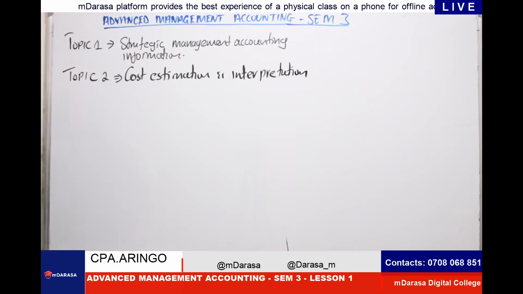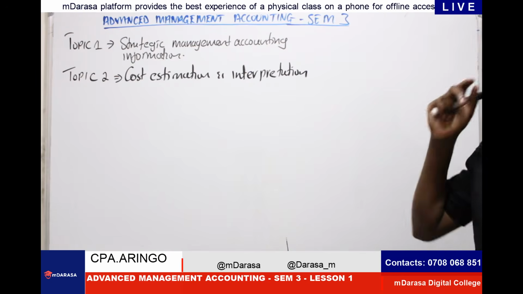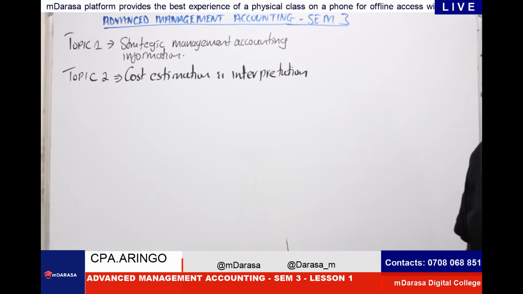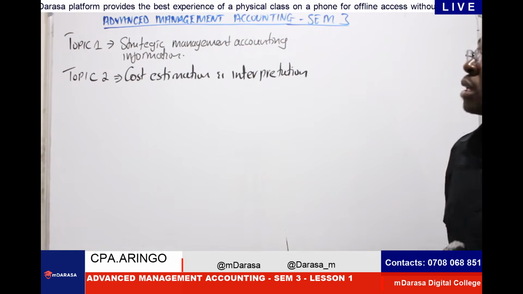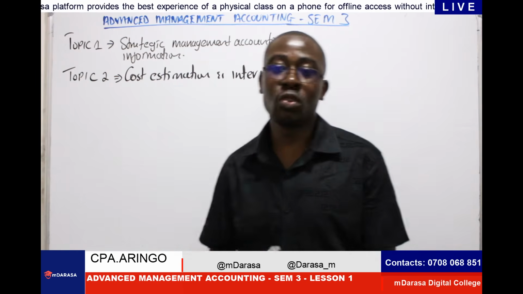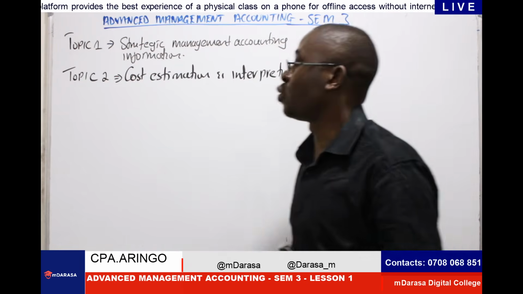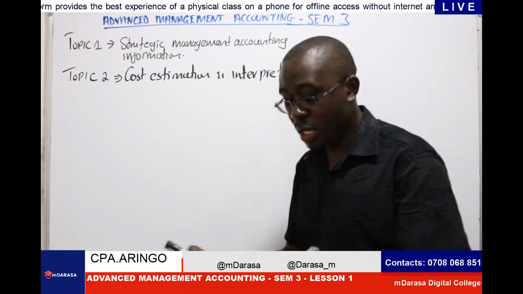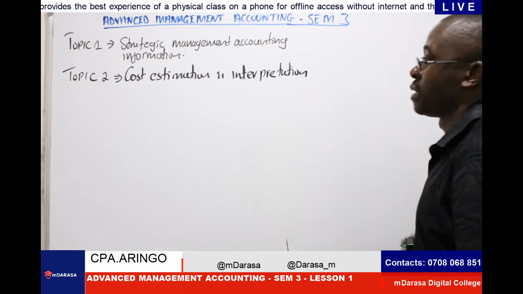Other than what we did, you'll find that in topic number 2, we will be introduced to the concept of learning curve. I know we didn't handle learning curve at our basic level. We'll also be introduced to the concept of analysis of variance, what is normally referred to as ANOVA. It is at this topic that we will also be introduced to the concept of multiple regression analysis. I know at our basic level you must have handled simple linear regression analysis. But at this level, we'll be expected to go deep and look at multiple regression analysis. And actually, it is one of the easiest parts. So this is where we start with our computation. That is topic number 2.